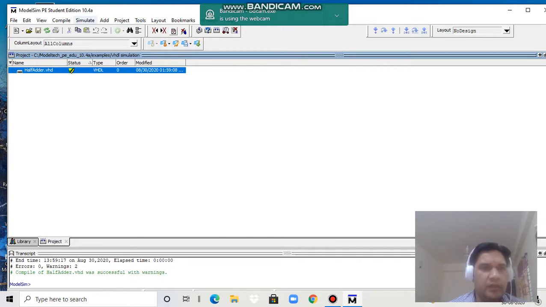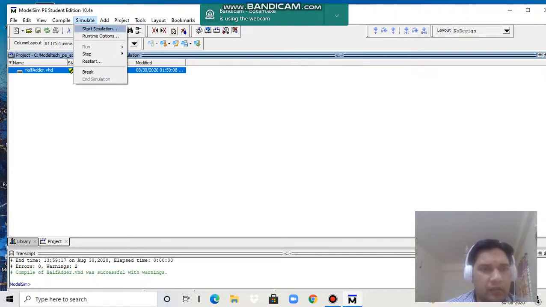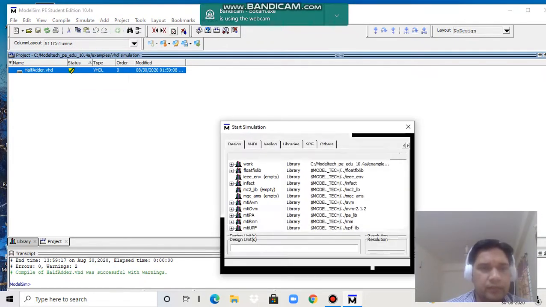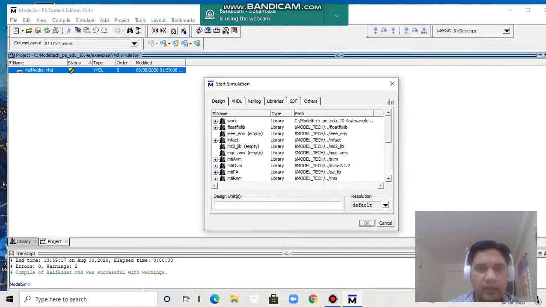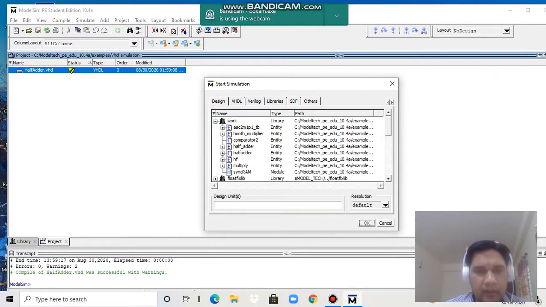For simulation, from the top we have to select simulation, then start simulation. The default library that we declared in the beginning is the work library. In the work library, different programs are there that we have already written in ModelSim.